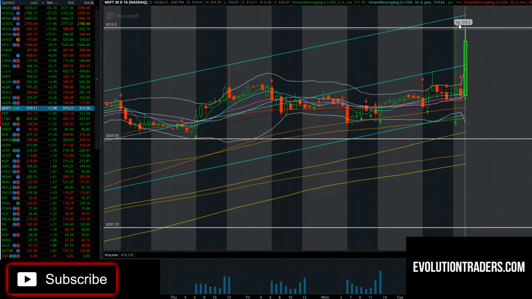Next area of supply is going to be this linear regression channel 50, and that price is going to be about 317.70. So what I am looking for is anywhere between a 75 cents and $1 move on the stock, looking to play options, probably 3 to 5 contracts, nothing major, because there's not that much room here. There's not that much measured potential, but there's enough measured potential for me to get a nice little scalp out of this stock.